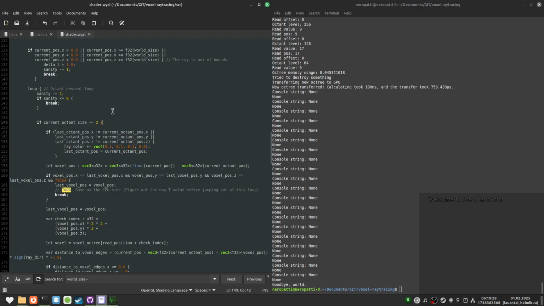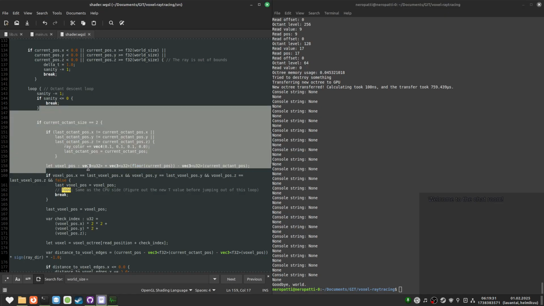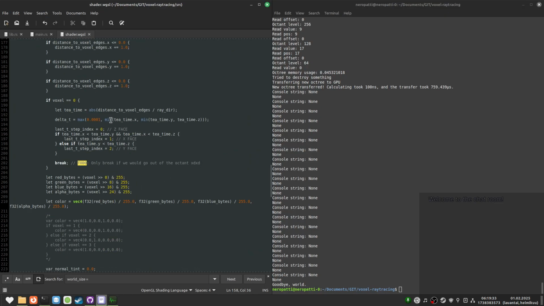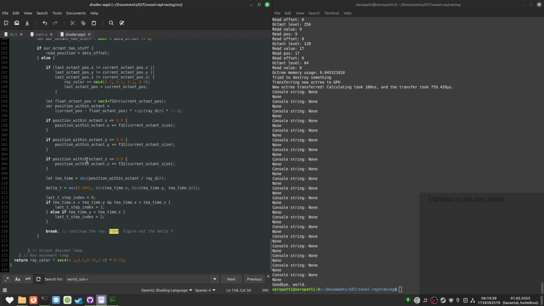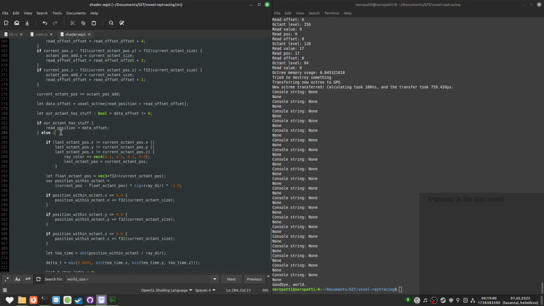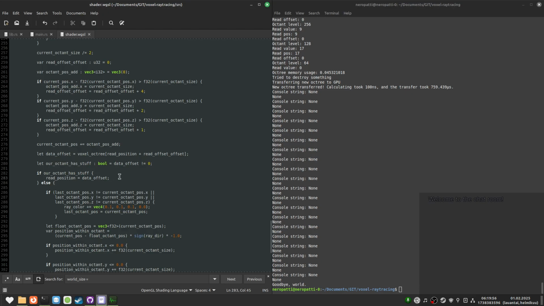Whenever the ray advances, we just add the color if the current octant is different. And the same is the case for when we're just stepping in the branch. So if we hit an empty branch, then we see, okay, is this a different branch than the last one? And it should always be the case, but, you know. And then we add the ray color.